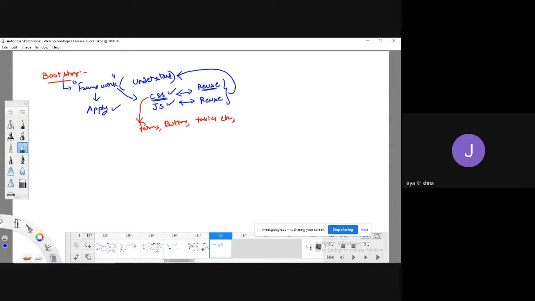Am I right or not? Yes. The same thing we can do here in less time. That is the advantage of this Bootstrap. With the help of this Bootstrap, we can design a website in a faster manner, as well as in an easier development manner.